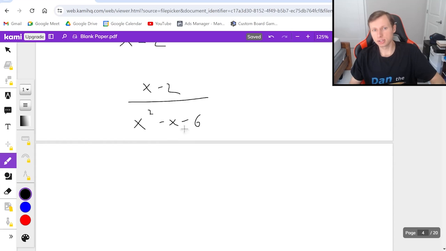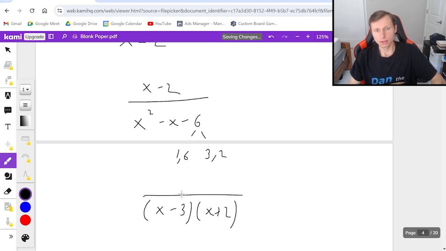So if I want to factor the denominator, the factors of 6, there's two pairs, 1 and 6, or 3 and 2, needs to subtract to negative x right there. So that would be (x minus 3)(x plus 2). That's my denominator. The numerator is x minus 2, which means, does anything cancel? We get pretty close, but nope, we are safe. If this was x minus 2, then it would cancel. It would be a hole in the graph, and the answer would be no x-intercepts. But because it did not cancel, as you can see,